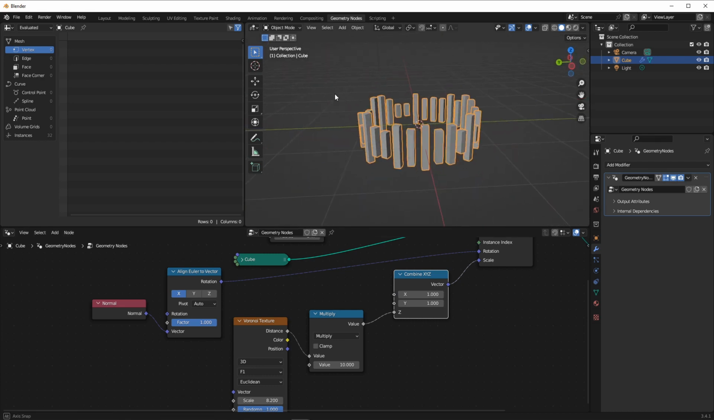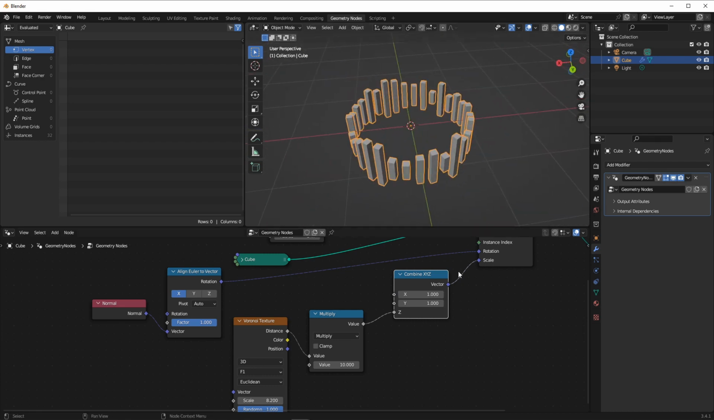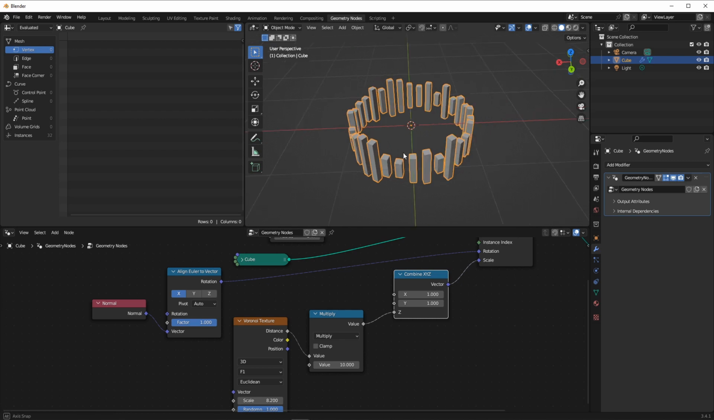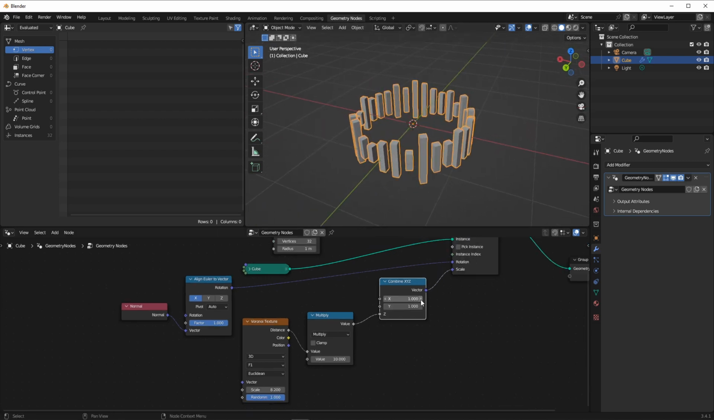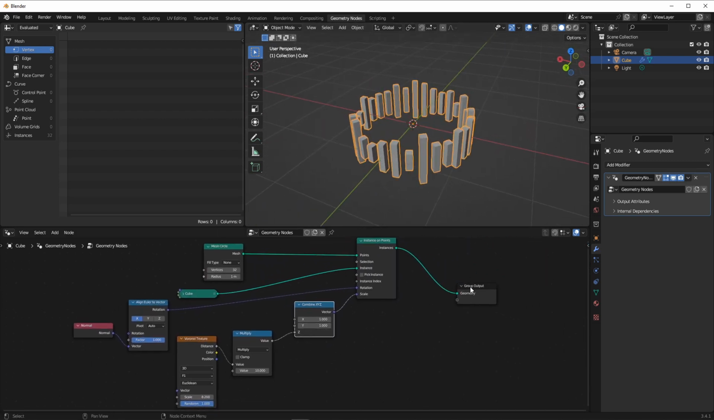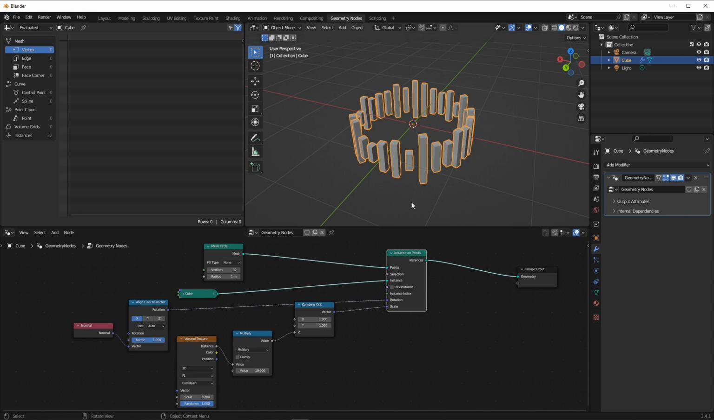So it's only affecting the Z direction, and that's pretty cool. I like that. Shall we? Yeah, you know what? Let's do the basics just to show